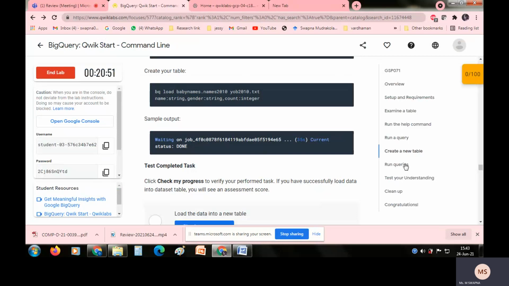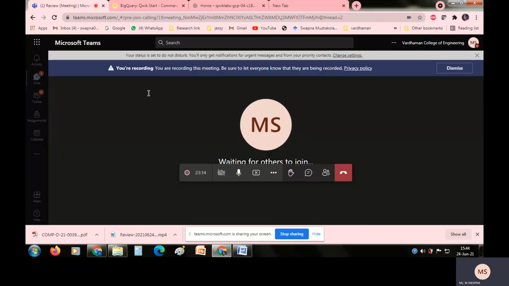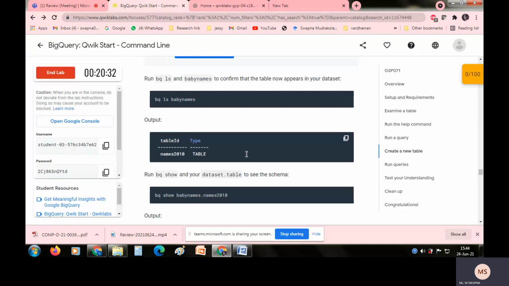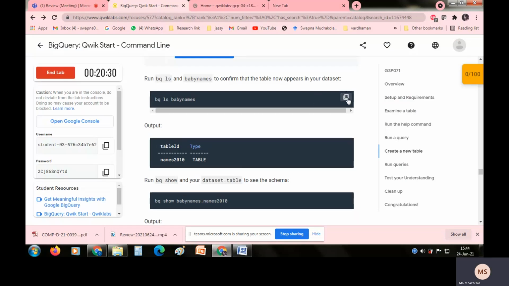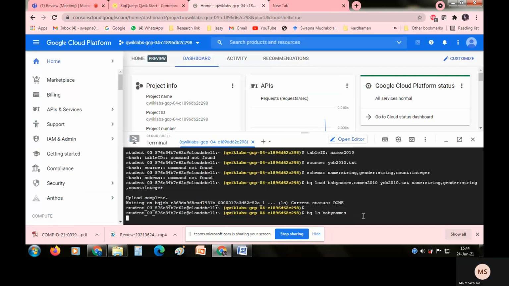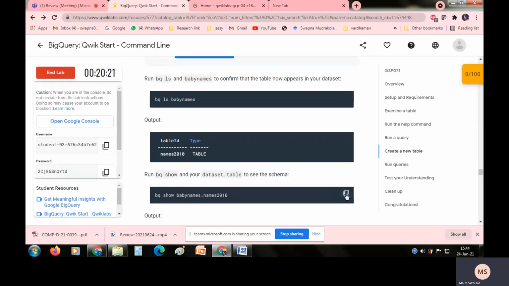Yeah. Have created the data table. Once we have created the table, let us see whether the data set has tables or not. Yes, tables are created successfully.